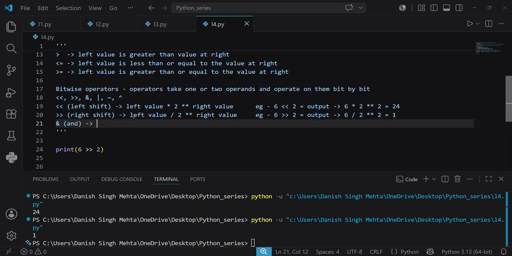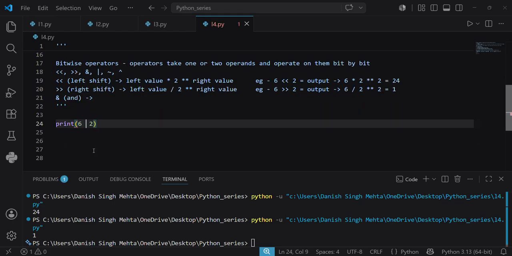So what about the AND operator? Basically, it means we work with the bits. If I do AND here,